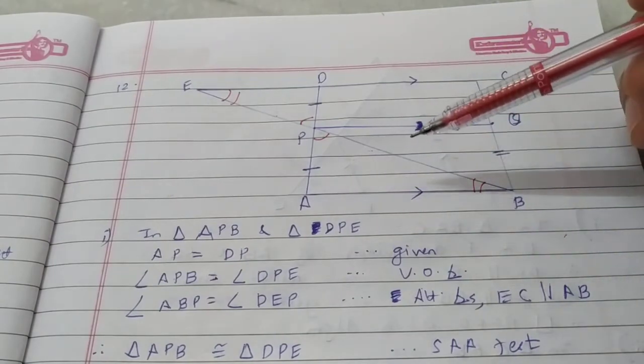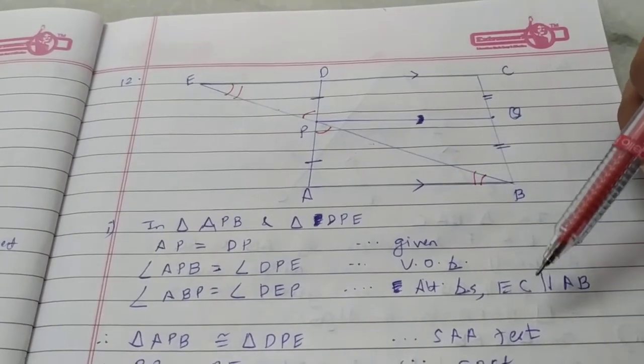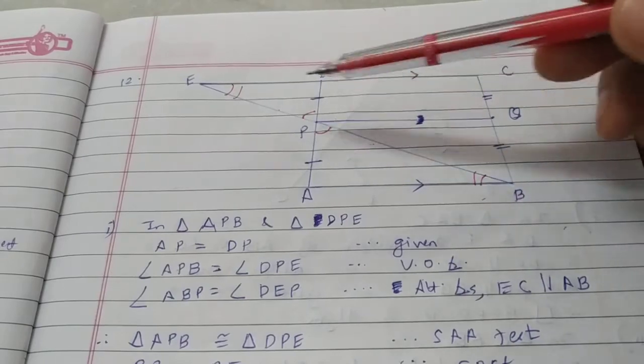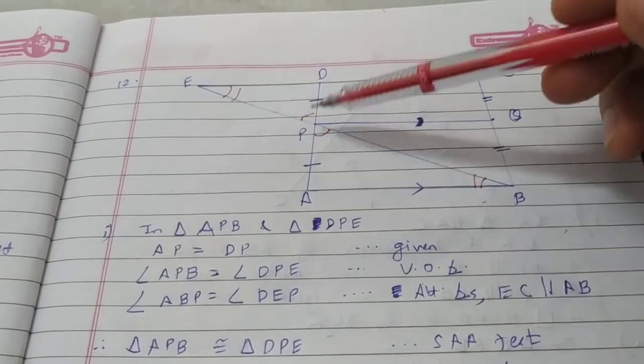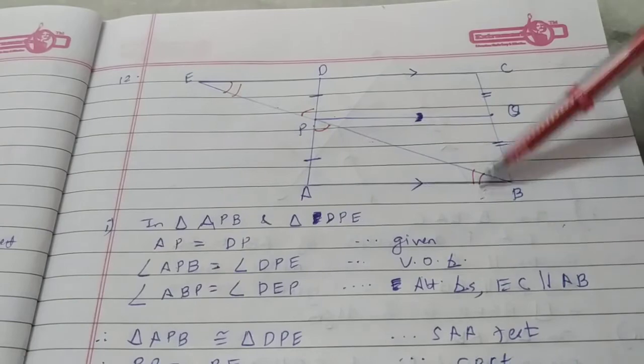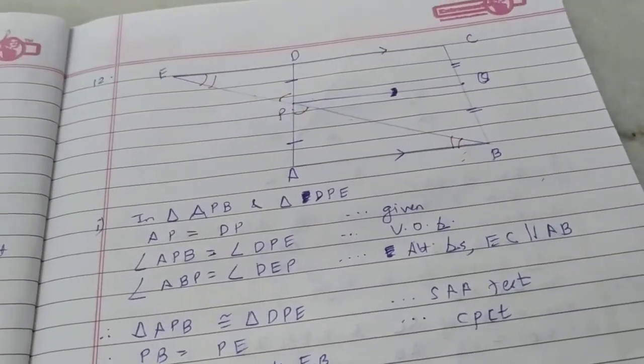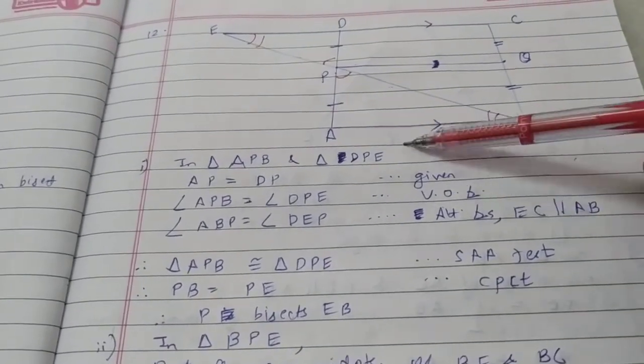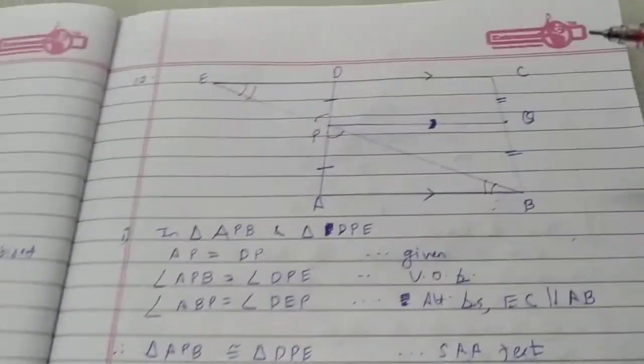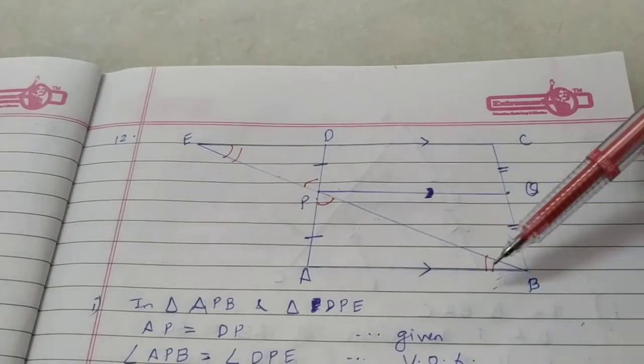So which test is that? SAA test. So that means PB is equal to PE, CPCT. That means P is a midpoint of EB. That's Roman number 1. Don't forget to write Roman numbers, sub-question numbers. And this was very crucial to prove Roman number 2 now, because now in triangle BEC,